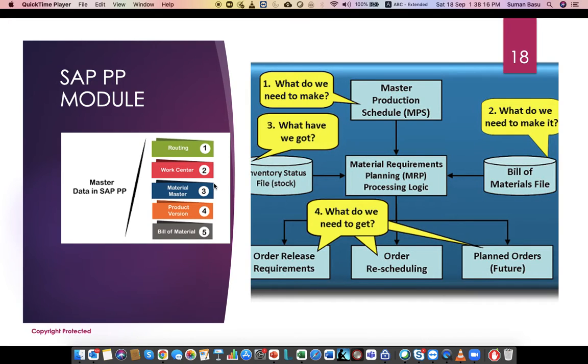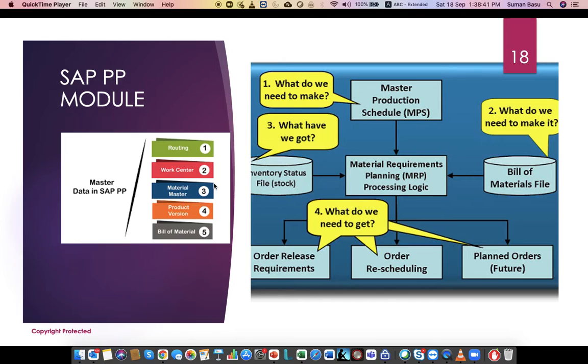In the first three videos, I have talked about the overview. I have talked about the business and its impact with the implementation of SAP, and I have also spoken about two important modules: one is sales and distribution and the other is material management. Now, in this video, we will attempt to learn two more modules which are also very critical.